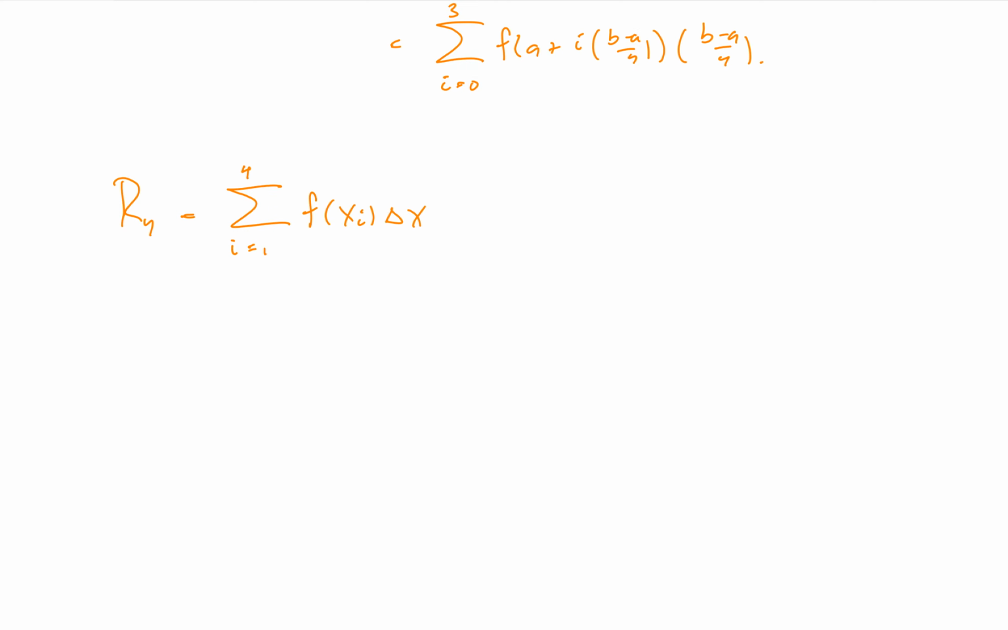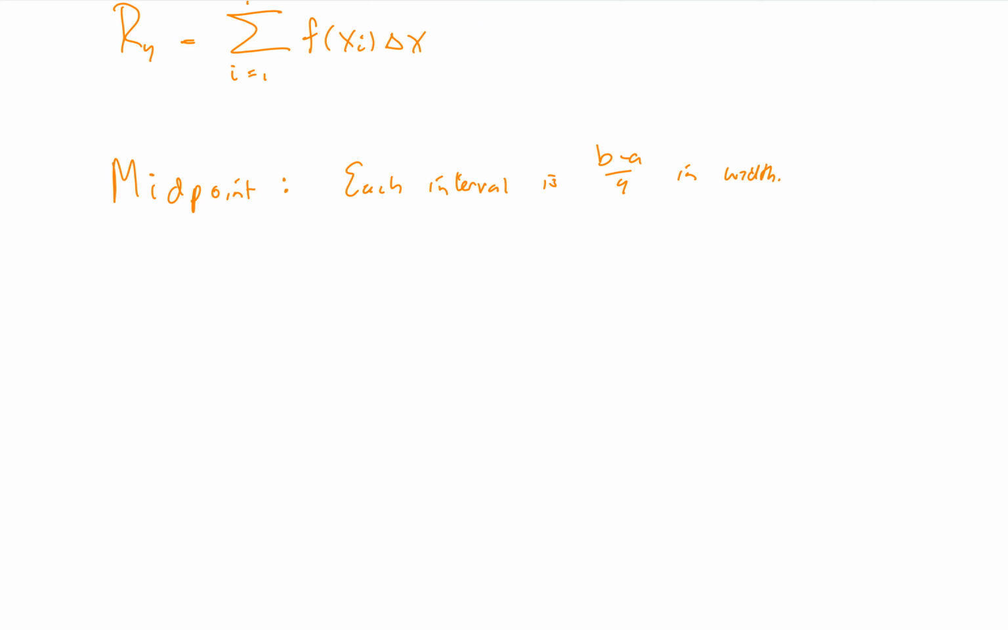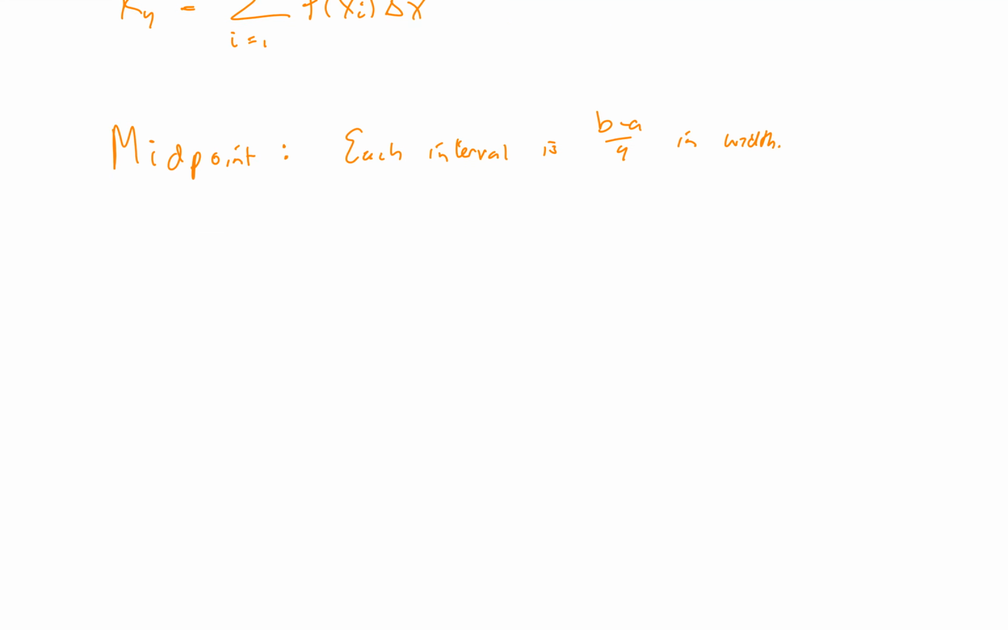And now if we wanted to do the midpoint, this is a little bit more complicated. So for the midpoint, this works really well and is better. You have to use fewer rectangles to get a better approximation, but writing out the formula by hand isn't quite as easy. So each interval is (b minus a) over 4 in width. And so when we're doing the midpoint, what this would look like